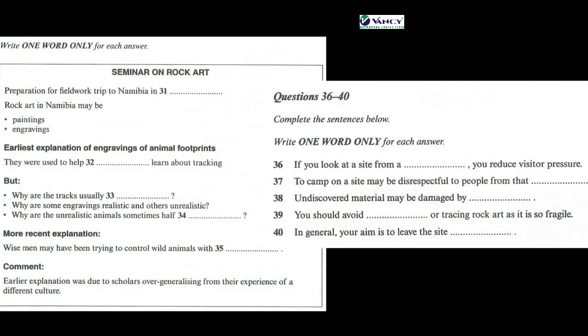Now, there were two more problems. Why are some of the engravings of animals very accurate, as you'd expect, all clearly identifiable, and others quite unrealistic? And another mystery. Some of these unrealistic animals, that's in the engravings, seem to be half human. Some, for example, have got human faces. Many researchers now think that these were pictures the wise men engraved of themselves. They believed they could use magic to control the animals they had drawn, so the hunters could then catch them